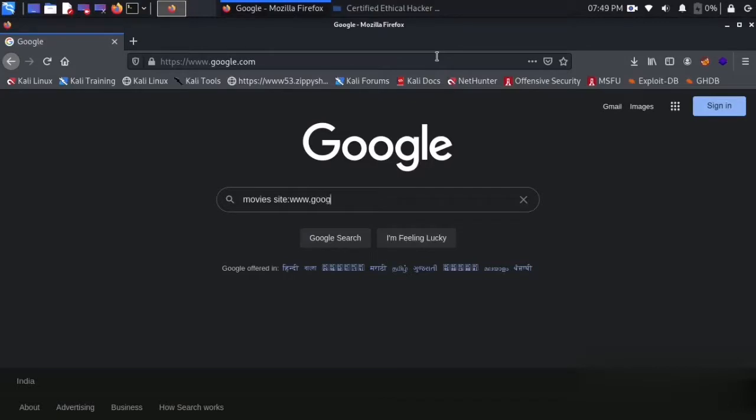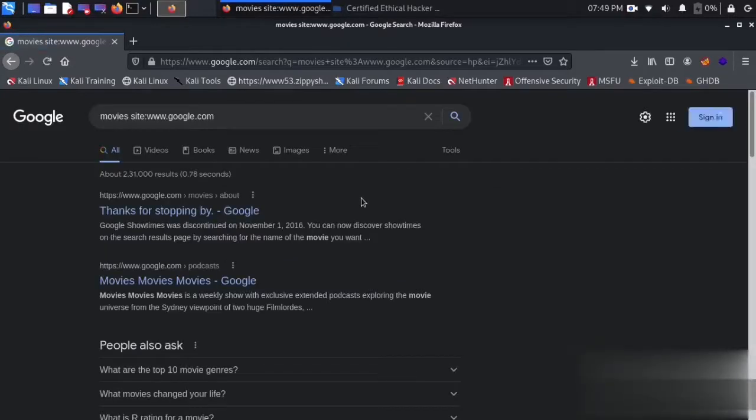So our first query will be performed on site. Here we are giving site as www.google.com and also we are giving the word movies. What this will do is look for the word movies and associate it with the site www.google.com, and it will return all those pages which give information on movies from the Google site.